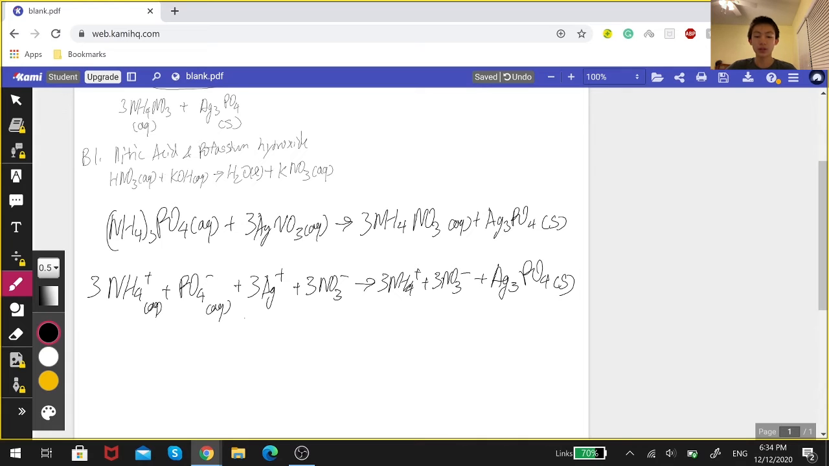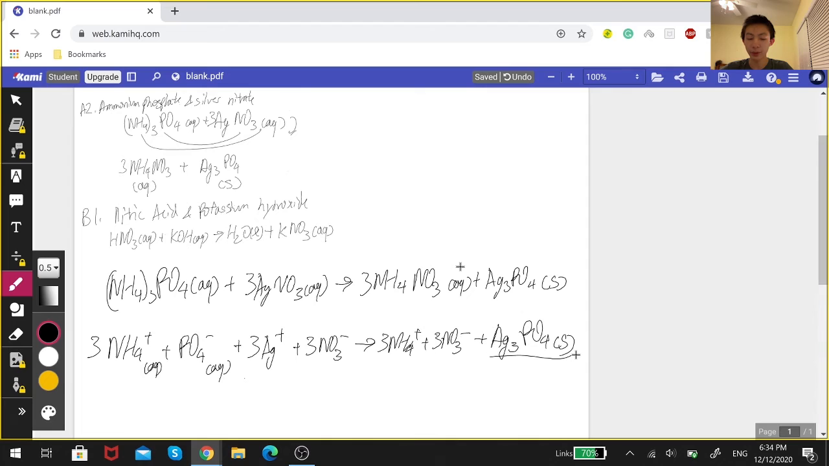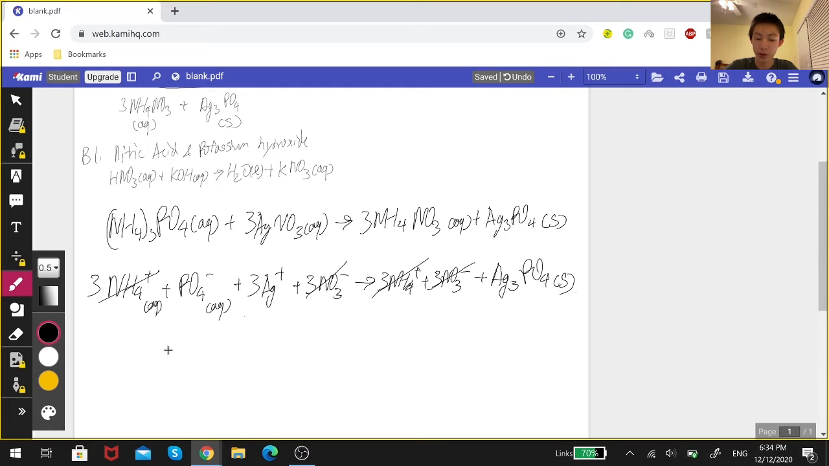Alright. So now we cross all the spectator ions, right? What is our precipitate? Ag3PO4. So anything that is not involved in making Ag3PO4 will be crossed out. So let's see here. First of all, we don't need NH4. And do we need PO4? We do need PO4. Do we need Ag3? We do need Ag3. Do we need NO3? We do not need NO3. Do we need NH4? We do not. And do we need NO3? We do not either. So our final equation will be PO4